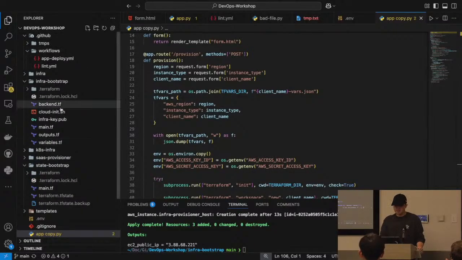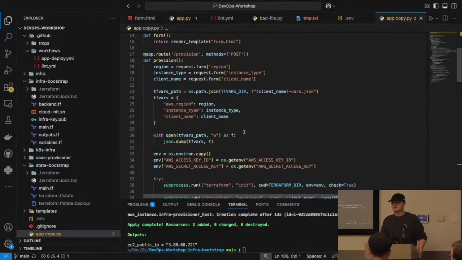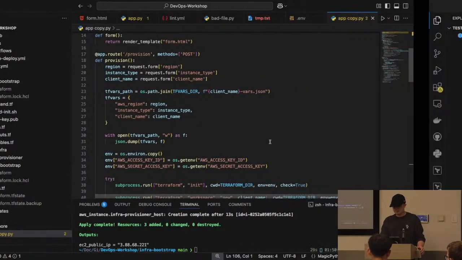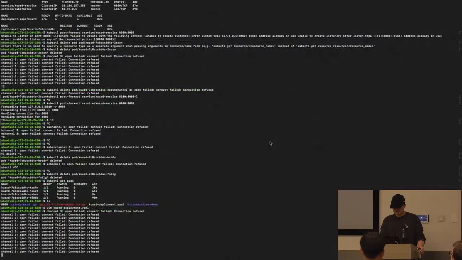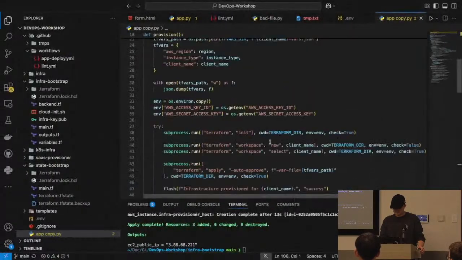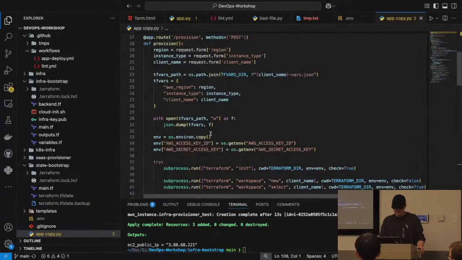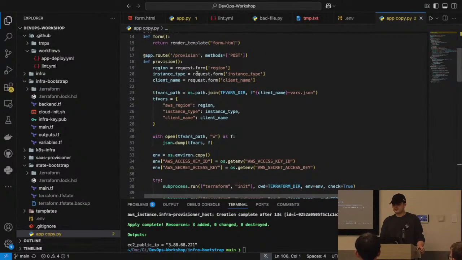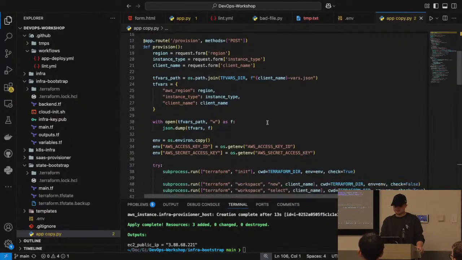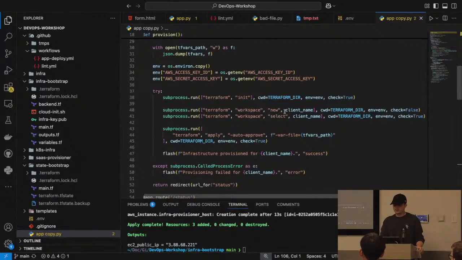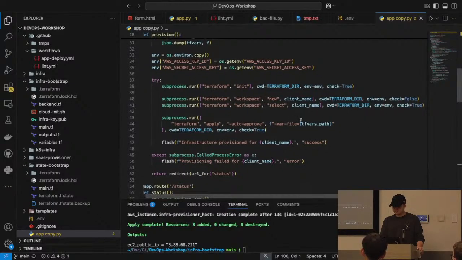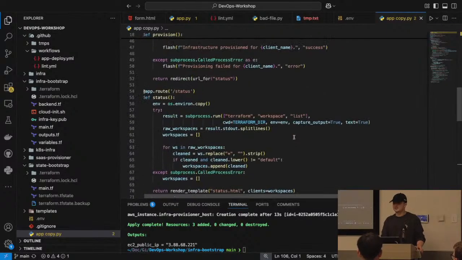And yeah, so having that backend allows us to provision an infinite amount of infrastructure and be able to manage it synchronously for as long as we need to. And it makes the spawn and destroy process extremely simple. I think that's all. You can see here I'm basically just using the HTML form to get the region, instance type, and client name. I'm creating that TF-vars in a temp directory, using that to pass into our Terraform as a -var-file, and then just applying it with that vars file, and then it provisions up, and then we can delete it and manage it from there.